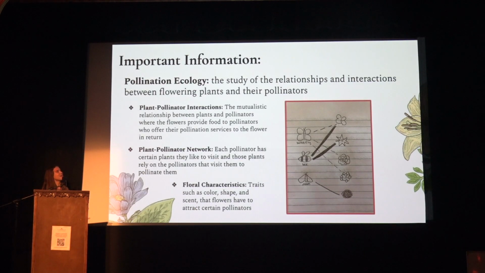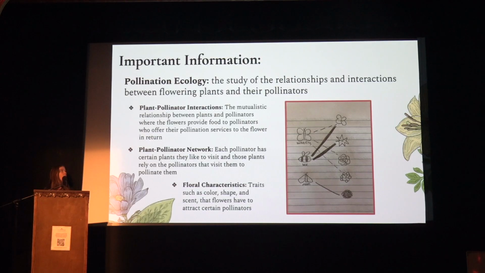So what is pollination ecology? Well, it's the study of the relationships and interactions between flowering plants and their pollinators. Some key things you need to know: plant-pollinator interaction. The relationship between plants and pollinators is a mutualistic one, which means both sides benefit from it. Plants offer food to pollinators in the form of nectar, and in turn, the pollinators will pollinate those flowers and